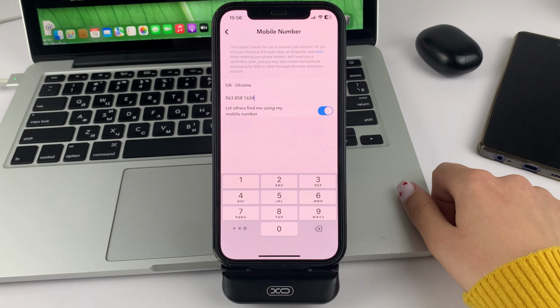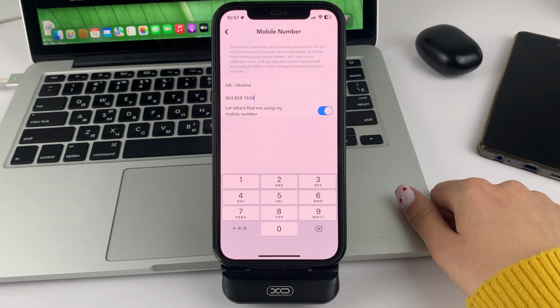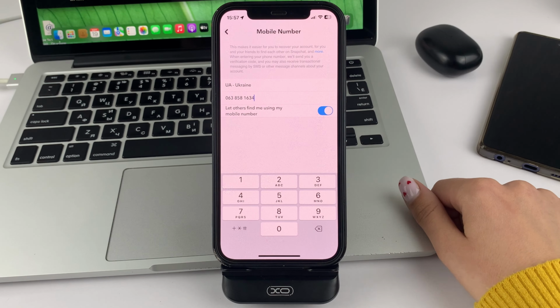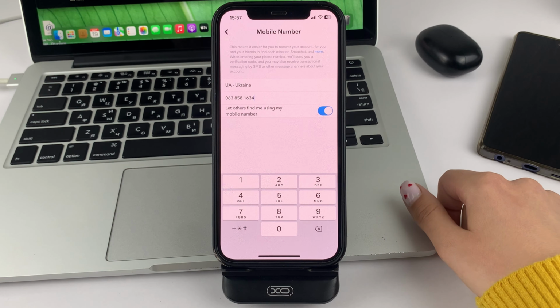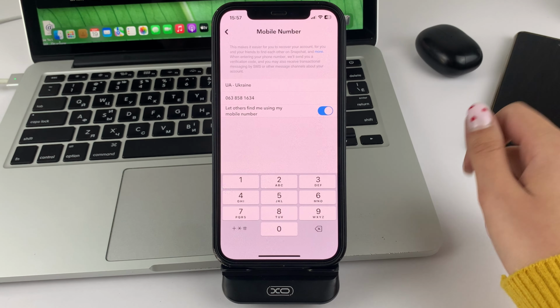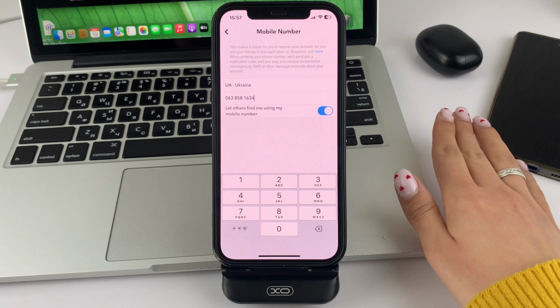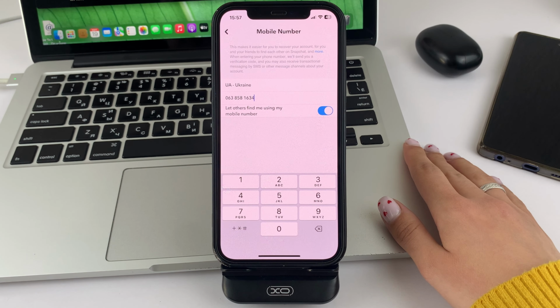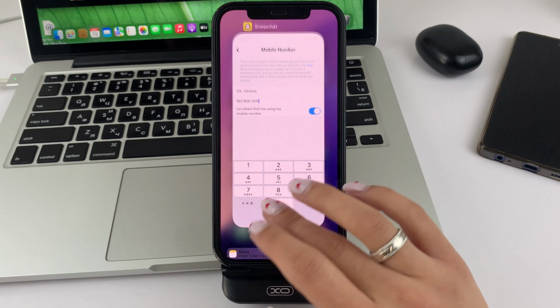But keep in mind that you will definitely need to enter some other phone number to replace it. You may have another one of some sort, or you can buy yourself a phone number that you won't be using. Or you can open a web browser and find some publicly available phone numbers in order to register them with the Snapchat app. But make sure to have some phone number assigned to that app. That's how quick and easy you can delete a phone number in Snapchat.